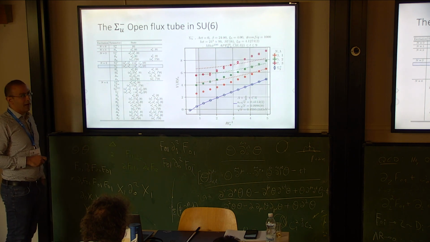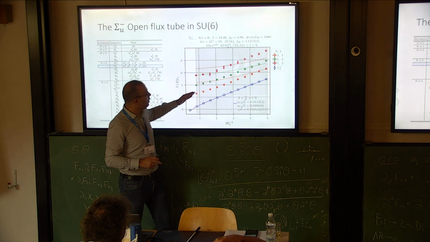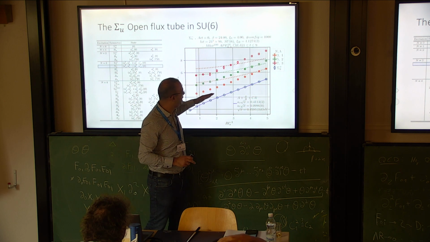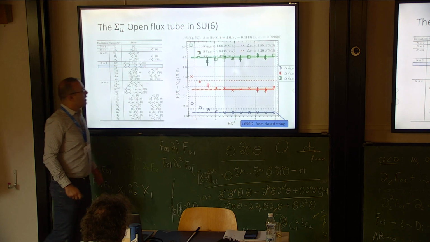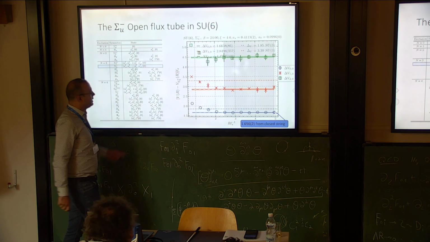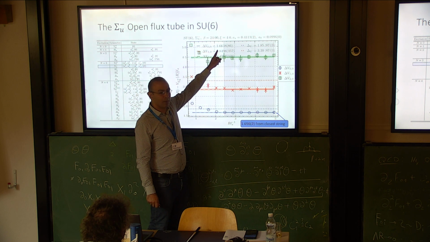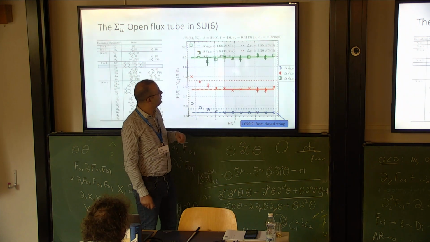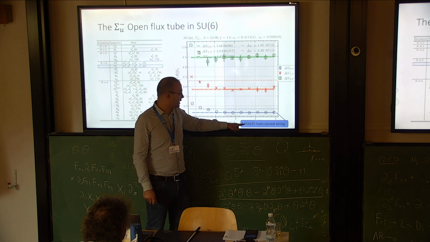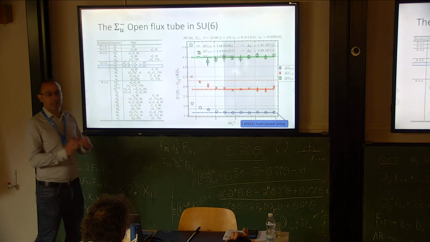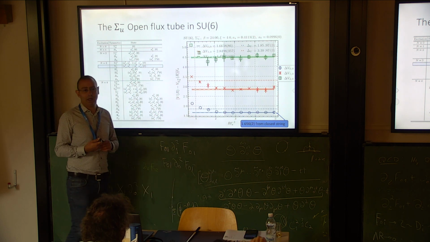And this is the sigma U minus, which I think is the most interesting plot that I show you, because all the lines look to be increasing linearly with R. So it's the ground state plus a constant term, okay? And if I subtract the absolute ground state, the ground state is this guy here with a mass of 1.66, okay? And if I compare it with the mass of the axion that we extracted from the closed string, we get 1.656 with an error of 2. So it's clear that the open flux tube includes the axion that we also observe in the closed flux tube.